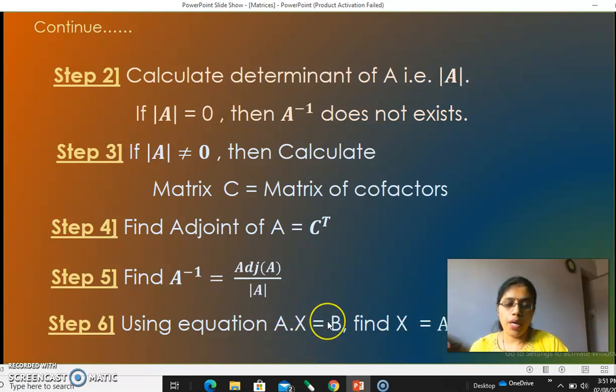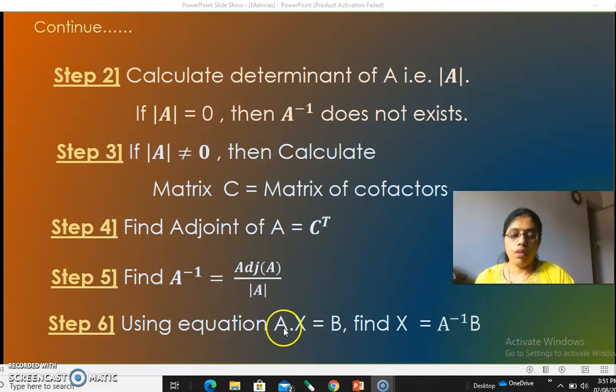When you shift A to the RHS, okay, that shifting is not possible in matrices. We are not going to shift that A to the RHS. Division is not allowed in matrices. So what we'll do in matrices here, we will pre-multiply both sides by A inverse. After pre-multiplying both sides of this equation by A inverse, what we will get? A inverse into A. A inverse into A is the identity matrix. So A inverse A becomes I, and I into X is the matrix X itself.